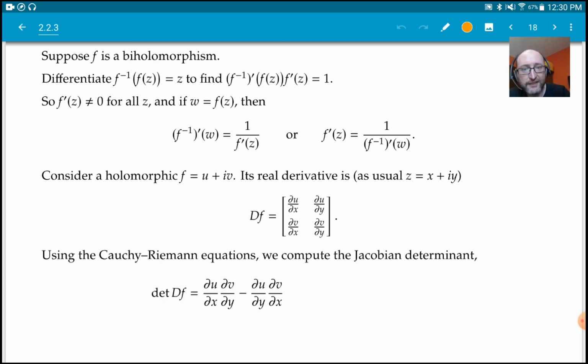So first, well, let's just compute it. It's this times this minus this times this, right? So I'm writing here just a formula for a 2 by 2 determinant. Now, and this is true for any holomorphic function, not necessarily biholomorphic one, right? But holomorphic, so I can use the Cauchy-Riemann equations to replace these guys,